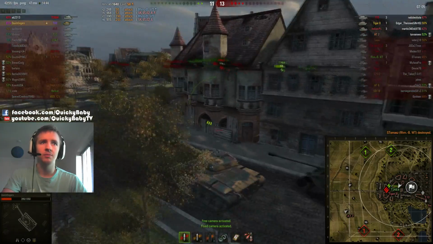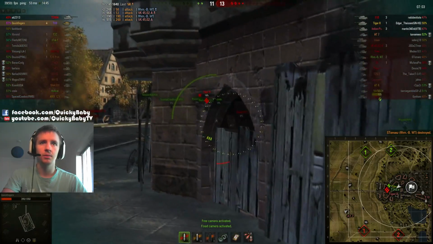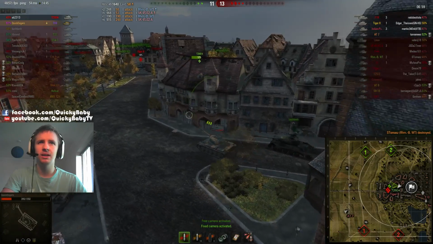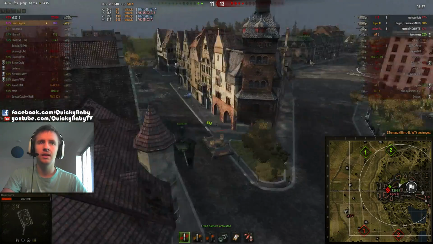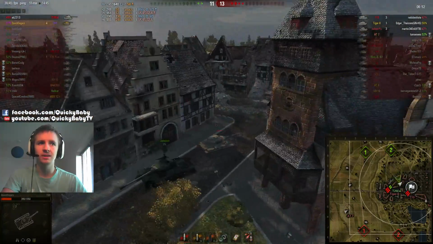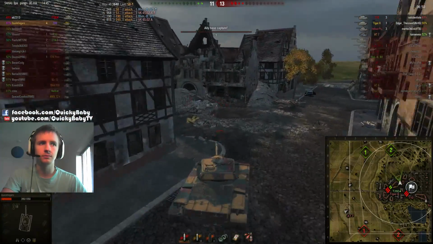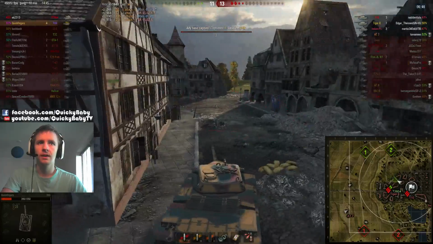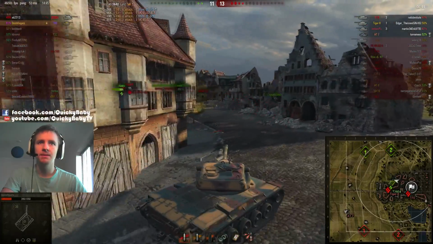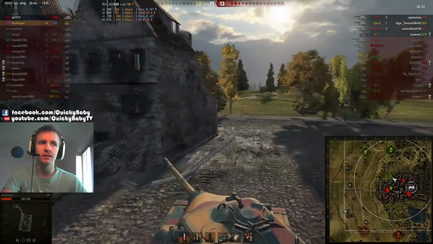Thankfully, I managed to get the jump on that Borsig. And I'm looking for where the Tiger II's aiming, and he's definitely aiming at me. If I'd gone around that corner, I would have most likely been killed. So I decide to reload and flank on round again. And the Tiger II, I believe, still thinks that I'm there, so he's not interested in...